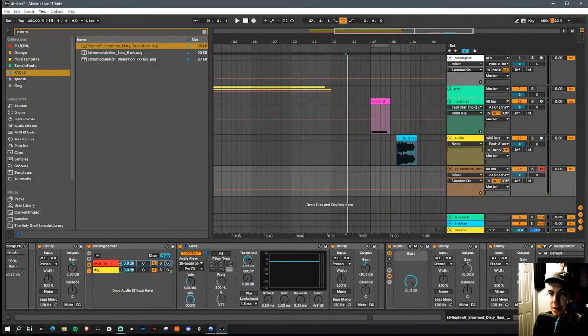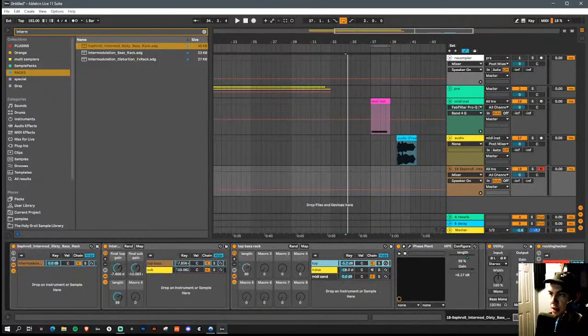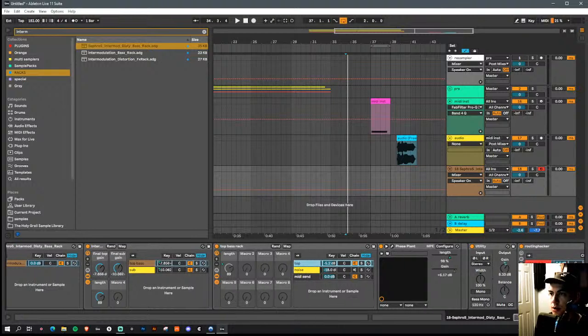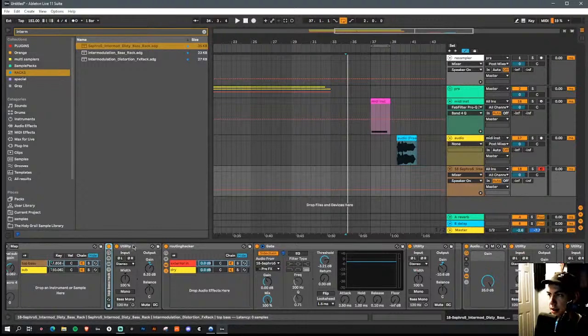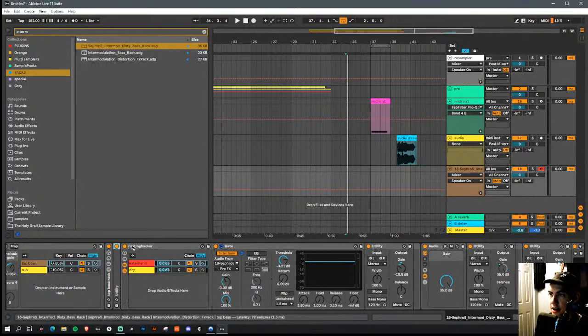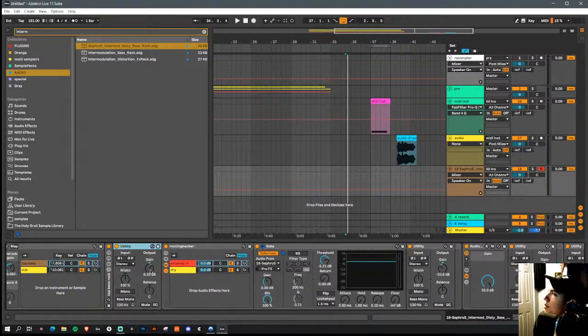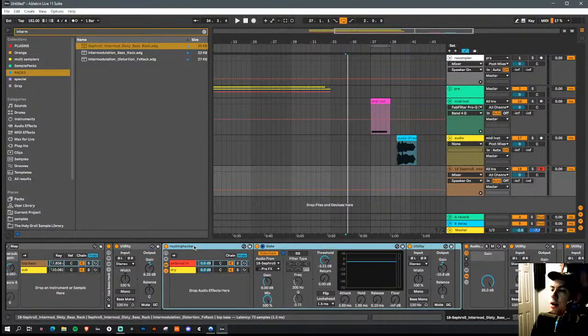And the balance between the sub and the top bass is set in this rack. So we want to go to the end of the rack. I'm going to close the rack and see this utility right here. This is the volume of the top bass going into a very special rack I built called,